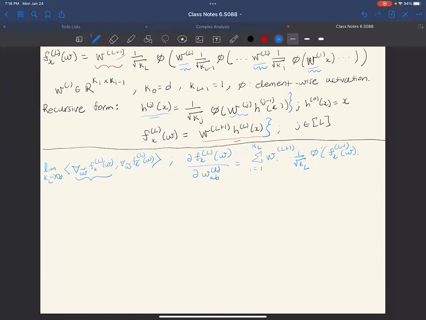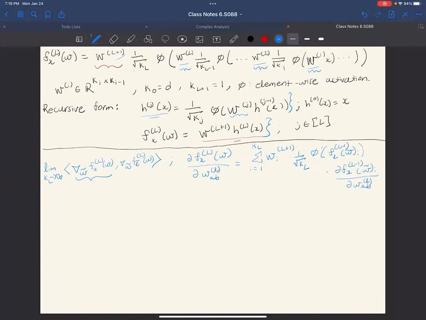And here I actually want to write it in terms of these W tildes, because of course in my L-1 layer network, there's no parameters that are capital W of L plus 1. So just denote that W tilde of I times my partial derivative with respect to this subnetwork. So all we've done is just use the chain rule and move this partial derivative computation into this L-1 hidden